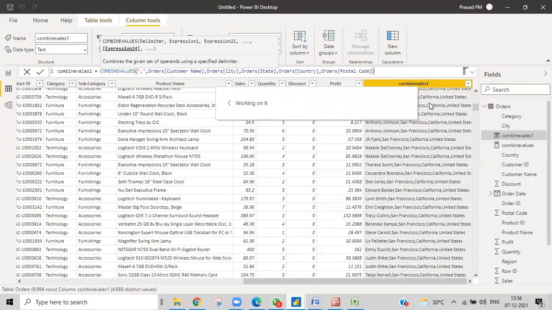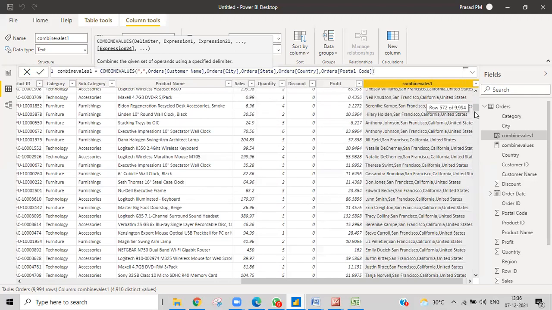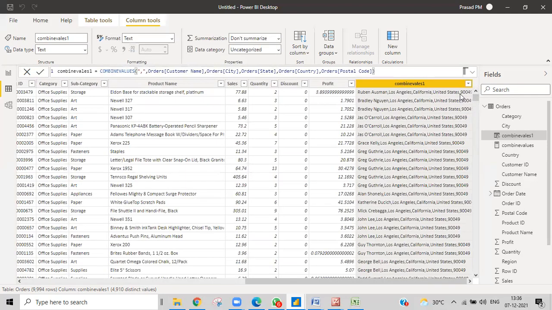Let me get the answer and then let me see this. You're getting this one. But in real life, we generally write a middle score, a hyphen, between the country and the pin code. We write the pin code with a minus. So how can we get that? Because if we change this one, it will be reflected everywhere, and we'll get a minus, minus, minus. So what can we do?